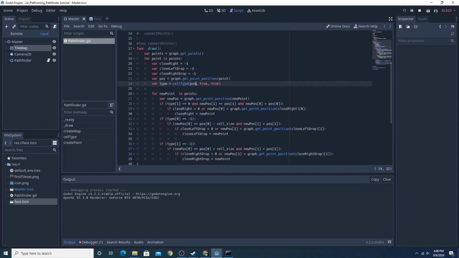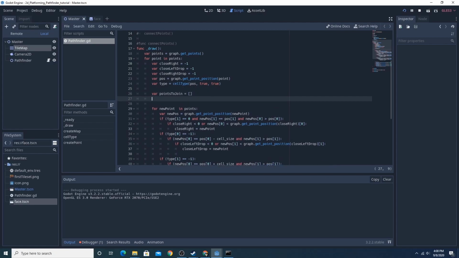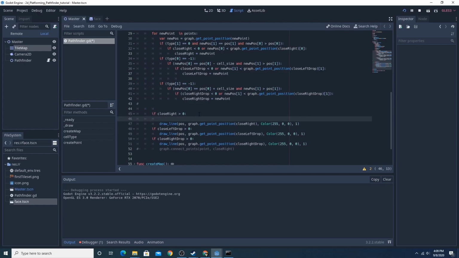To figure out the difference, we're going to go ahead and give it a points to join, an array of points that it wants to join to the current point, and a no bidirectional join, another array. So right here, the close right is going to be a points to join,